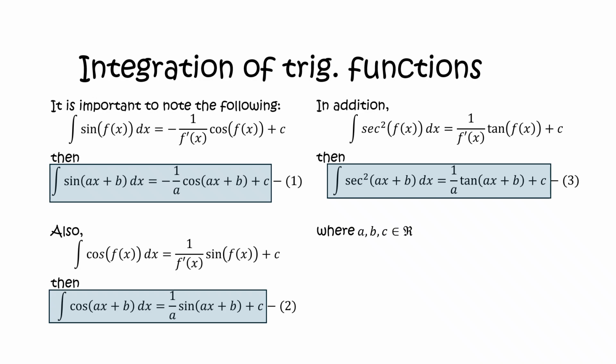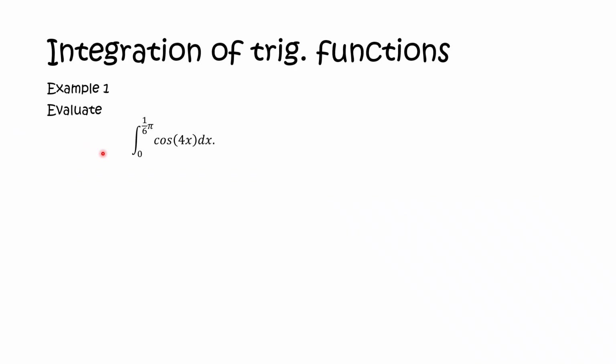Let's take a look at example 1. Evaluate the integral from 0 to 1 over 6 pi of cosine of 4x dx. In this case, to get the solution, we identify the f of x, and in this case, our f of x is equal to 4x, because that is what is inside the cosine function. Then, if we differentiate to find f prime of x, we are going to get a 4,